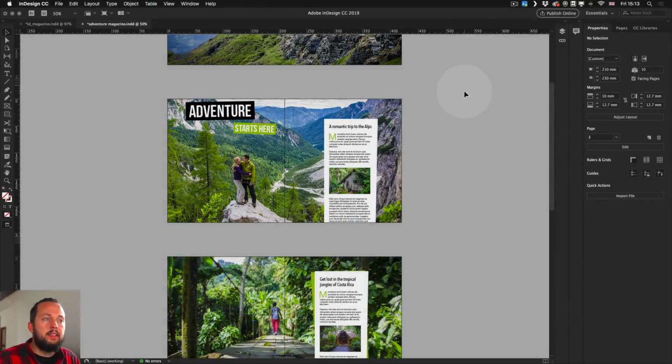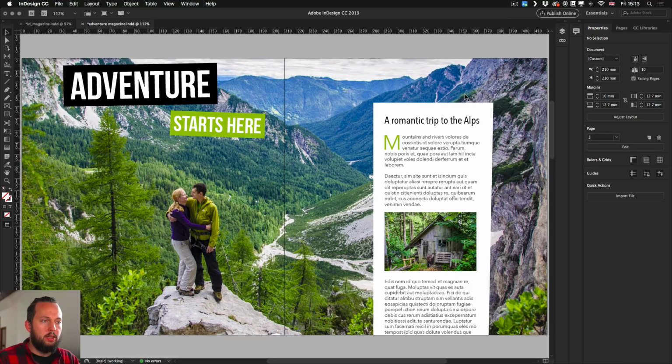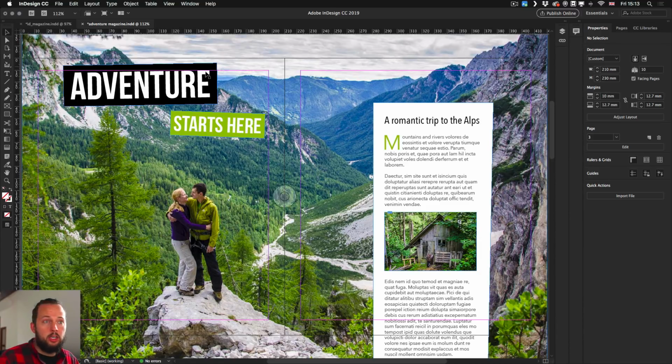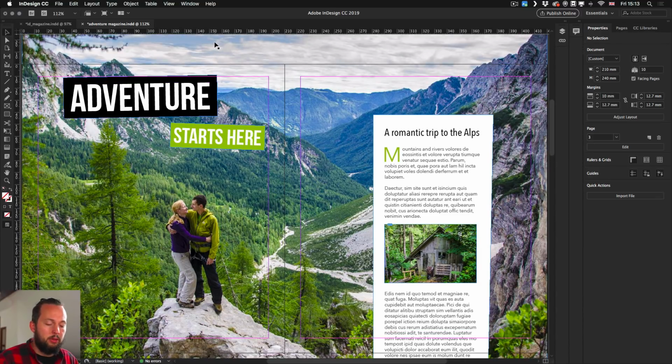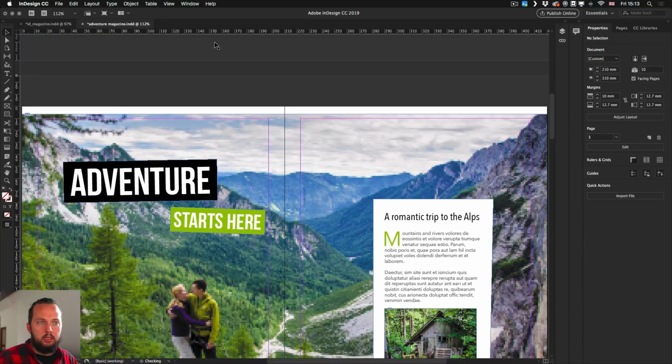But the problem with this is that once we do it on a global setup on multiple spreads, it's going to affect the composition. Like on this spread, we are starting to lose the text here, and also the title is getting too close to the top of the page, so it's probably already beyond the margin, and yes, it goes slightly beyond that. So I'm just going to undo these last couple of changes to the height of my spreads,